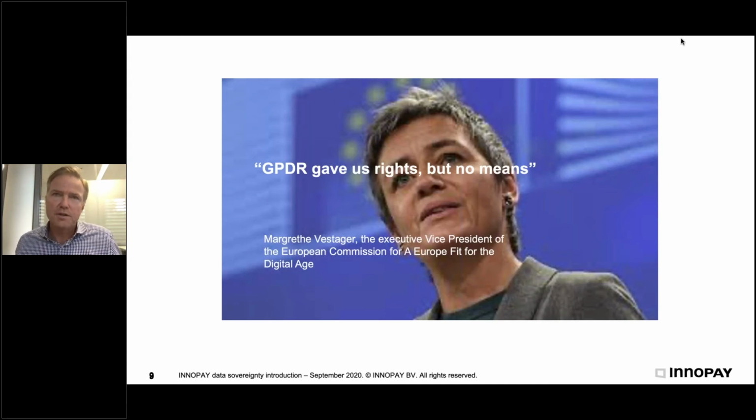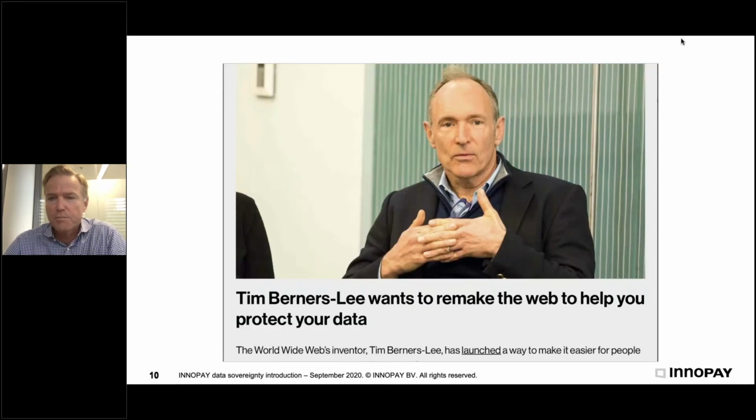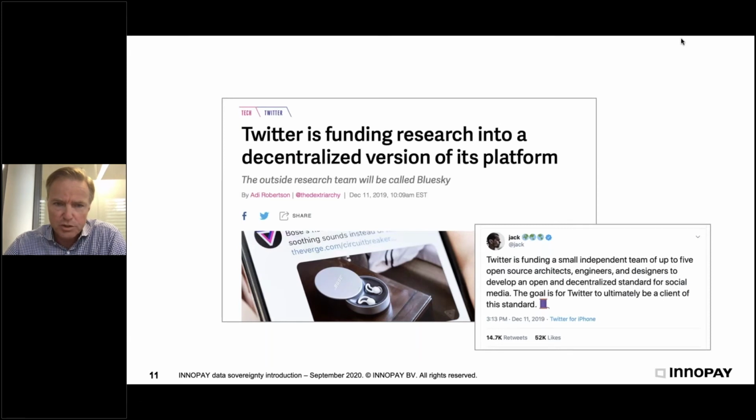We miss functionality. We miss a common way of being able to really reshare our data. And this is again, we miss data sovereignty. We have the right to our data, but we have no way to do this. Here's another person, Tim Berners-Lee, who wants to also put more control on data. And even Jack Dorsey from Ripple is researching whether Twitter should move from being a platform to more protocol, so that there could be multiple Twitter players, but who are interoperable,